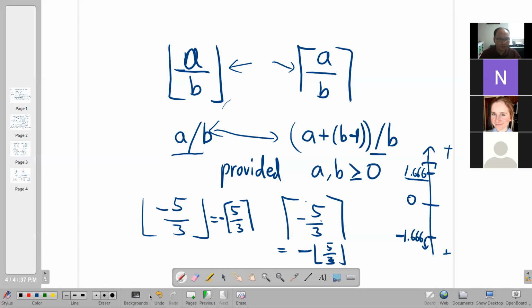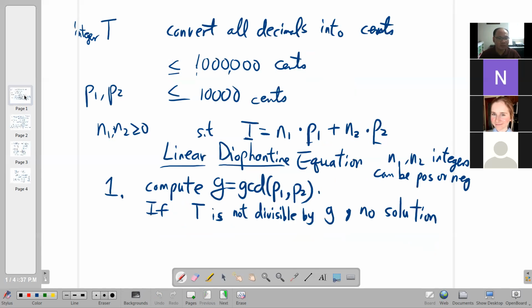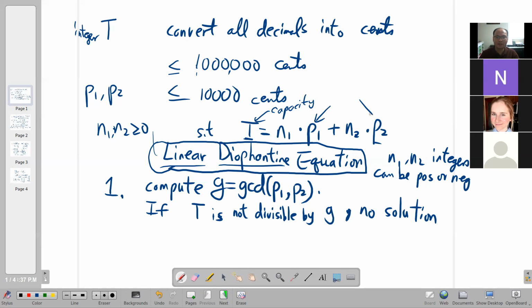Yeah. So what is the main story? The main story is linear Diophantine equations. It's a particular topic in number theory that's quite useful in computer science, because you quite often might have multiple objects of different costs, and you need to know, putting things together, adding them up. You can also think of this almost like knapsack, right? You have a knapsack of a certain capacity, and you have two types of things with different weights,